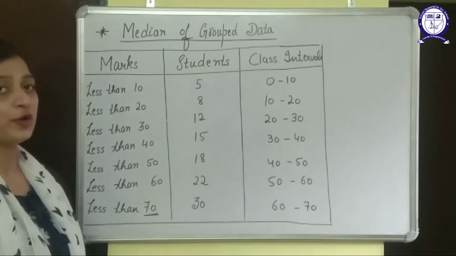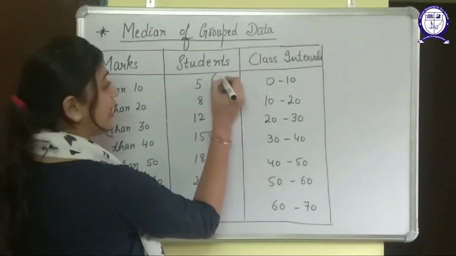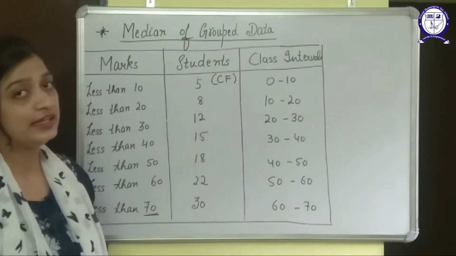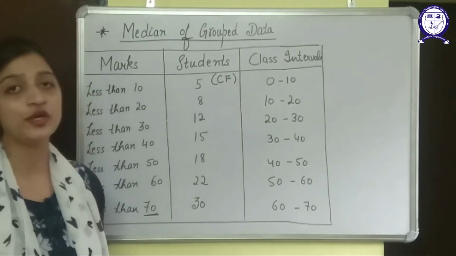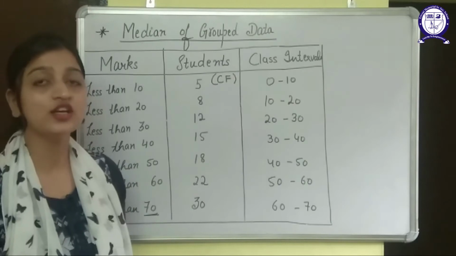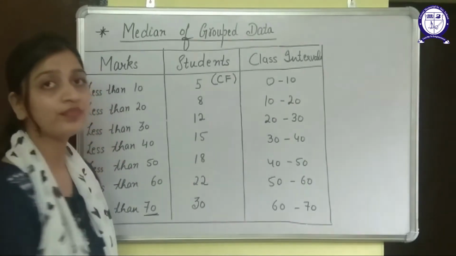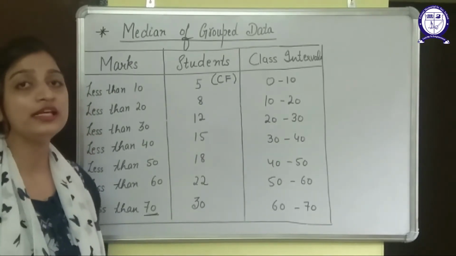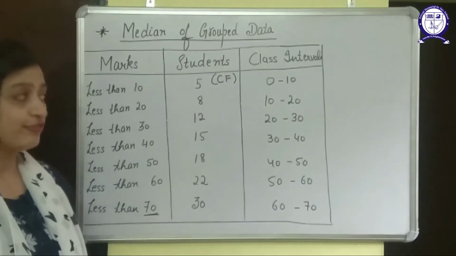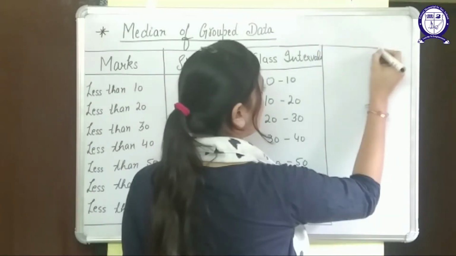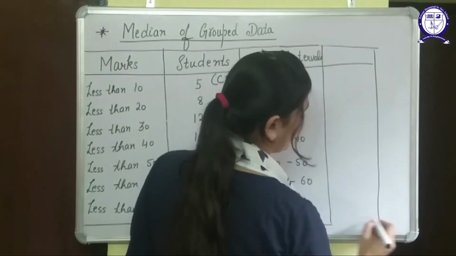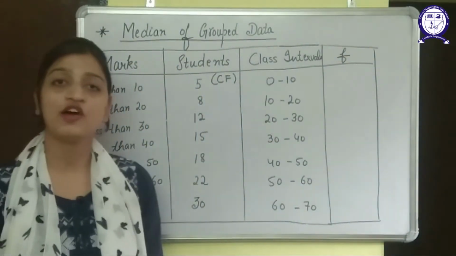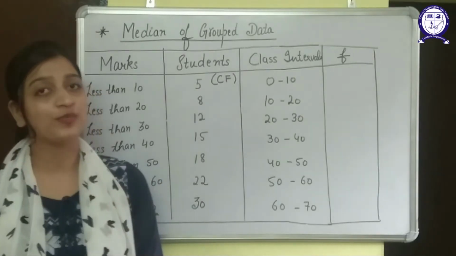So in this question, frequency is not given to us. Cumulative frequency is given to us. But in the question, we need cumulative frequency and the frequencies also. We need to find the median. So we need classes which we formed, cumulative frequencies which are already given, and also we need frequencies. So we need to find the frequencies. Now my next column will be of frequency. Now cumulative frequency is found by adding, so frequency will be found by subtracting.